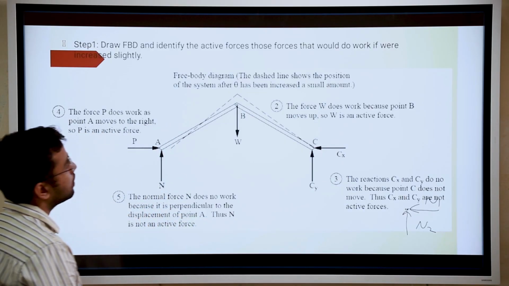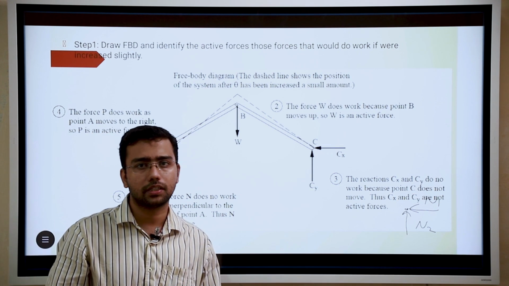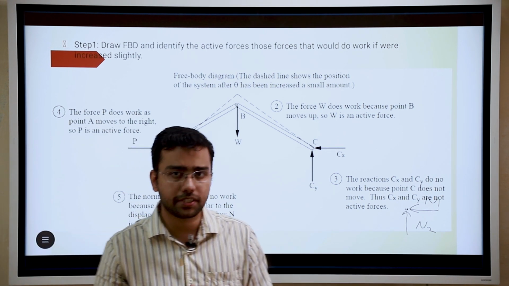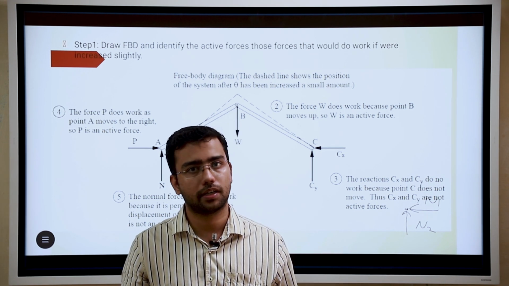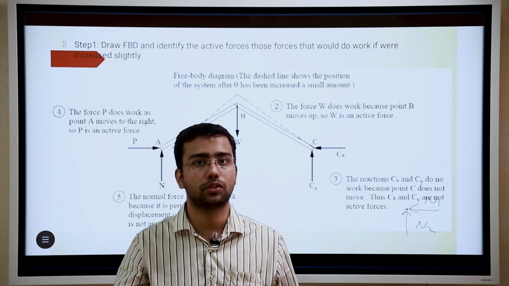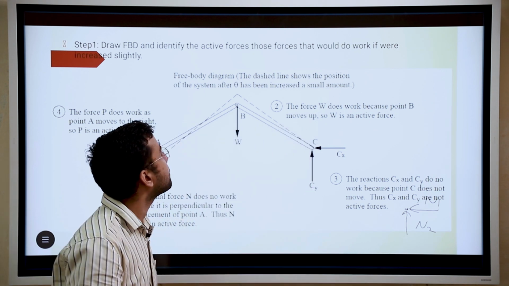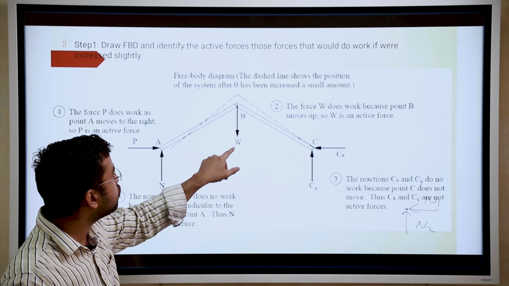then one will be here Cx in x direction, Cy in y direction, right? So in virtual work, what we do normally, we will assume that everything is in equilibrium. So we will just assume that this truss is moving, right? Even though it is not moving, we have to assume that it is moving with some distance or some angle.